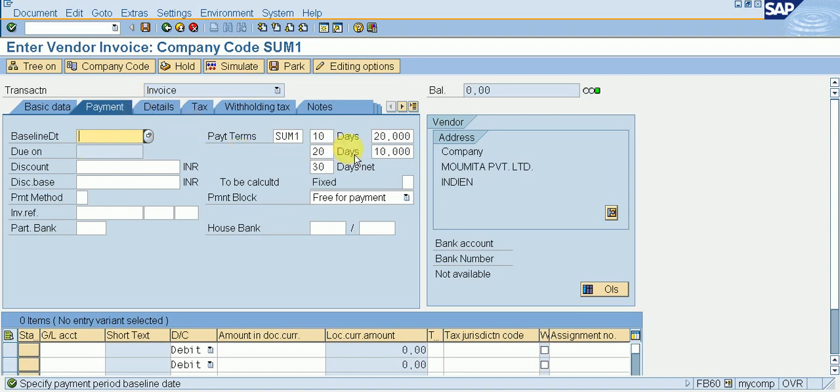Cannot open. So these are not necessary, so I deleted them from here. Okay, go to basic data, today's date.